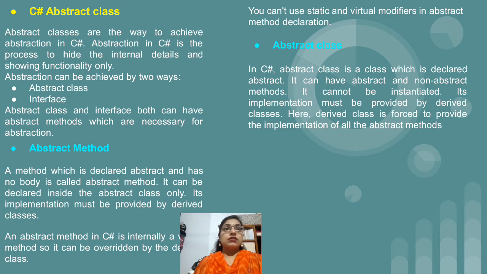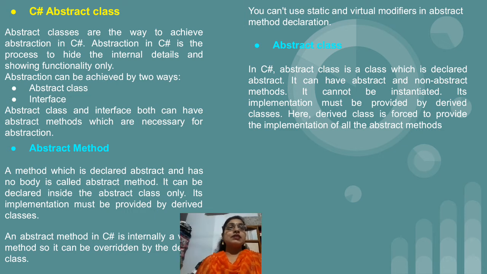After that, some points about abstract class. Basically an abstract class is declared with the abstract keyword. An abstract class can contain abstract methods as well as non-abstract, that is non-static, methods. We cannot create an object of an abstract class, which is common in all the languages. That is, instantiation means object creation. So we cannot create an object of an abstract class, and definitely the class which inherits a particular abstract class must define the abstract method in its scope. So these are the important points about abstract classes and methods.